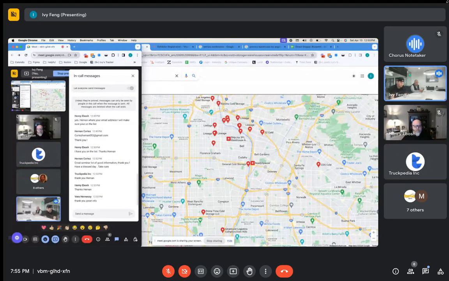I actually want to share a story I haven't shared before. My dad used to be an owner operator like Justin's dad, and he got to 3